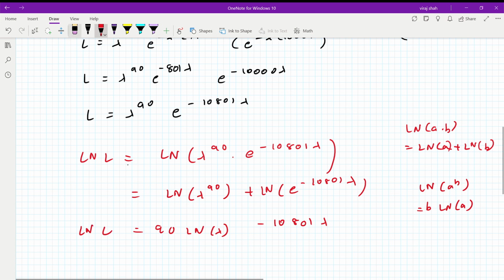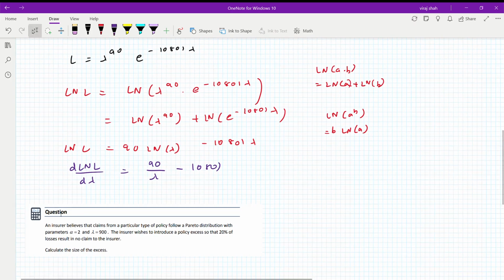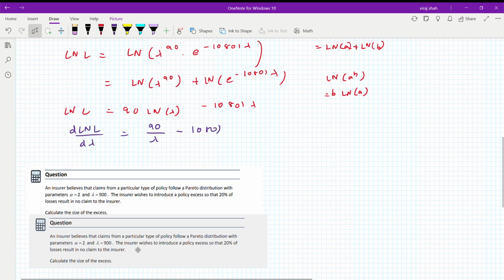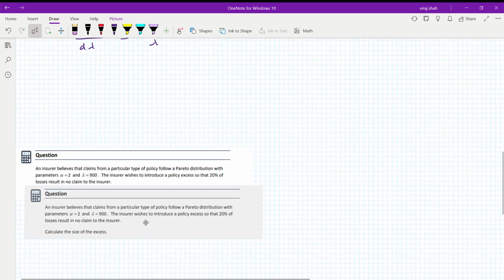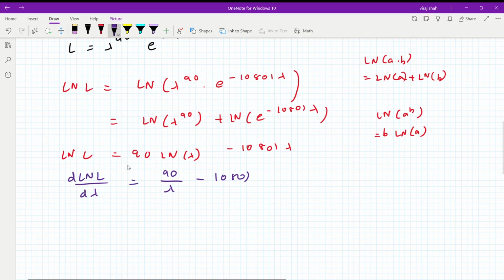Now the third step is to take the derivative. So derivative of log L with respect to lambda would be nothing but 90 upon lambda minus 10801. Let me just shift this down, okay? So now simplifying this, 90 upon lambda minus 10801 is equal to 0. Therefore, lambda hat is equal to 90 upon 10801, which turns out to be,